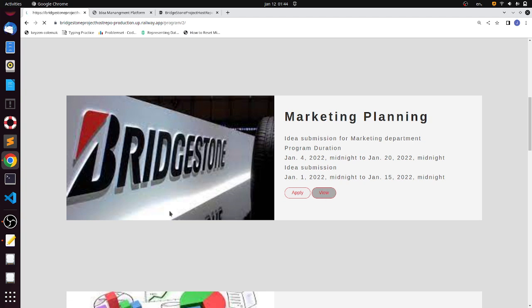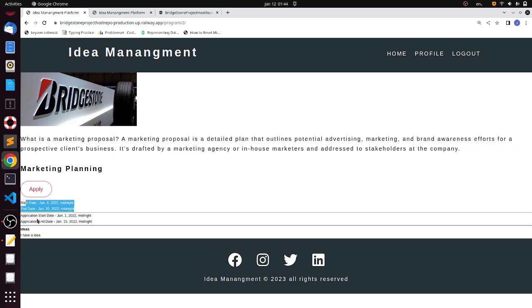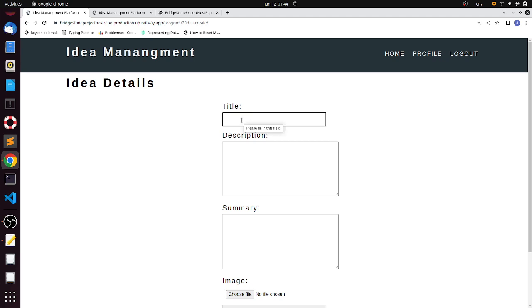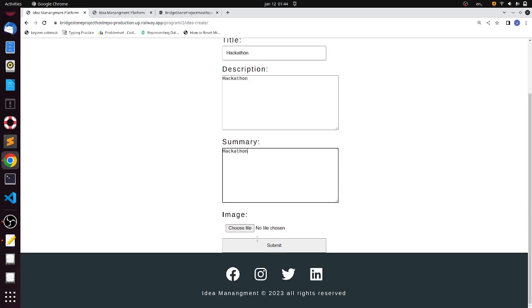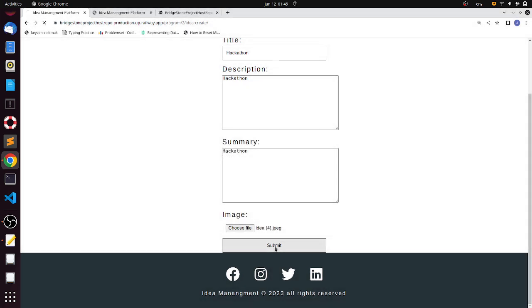If I click on the view button, I can see the description of the program, the start date, end date, the application start date, end date, and the ideas that have already been submitted for this program. If I click on apply, I'm taken to a form for my own idea. So let's just say I have an idea for hackathon, and I have this description summary, and I need to provide some image. So I'll provide this image, and if I click on submit,